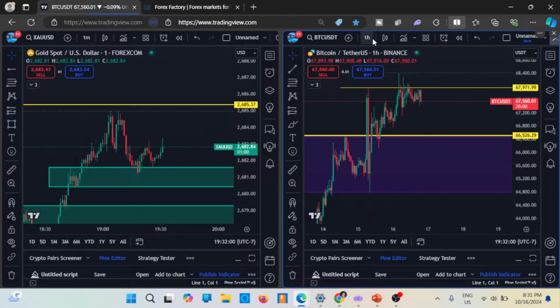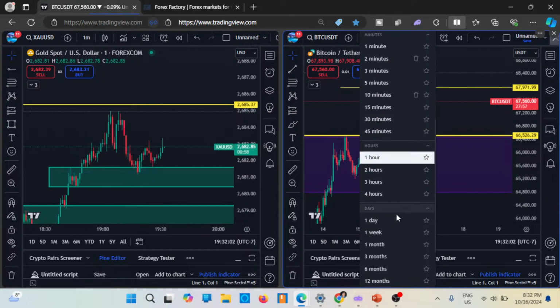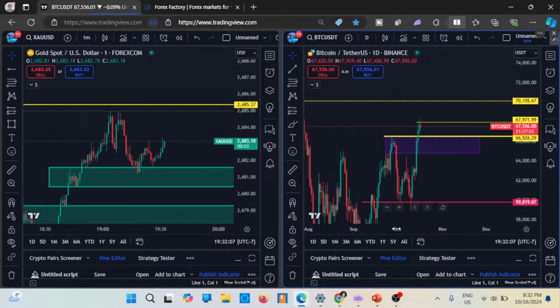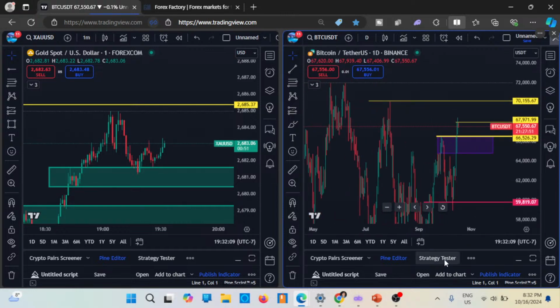Now let's check out the daily time frame. I actually did the reverse. Normally I start by analyzing the bigger time frames and then drop down to the lower time frames, but I did the